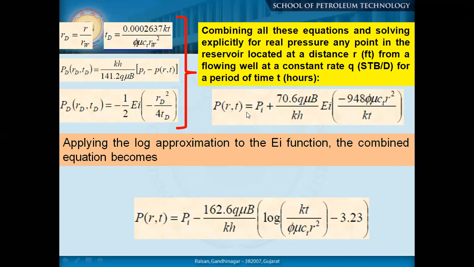So if you see this formulation, this is the basic formulation for solving our well test analysis. P is the pressure at any specific time, Pi is the initial pressure, and all the parameters you know except this Ei, which is the exponential integral. So applying the log approximation, I discussed that when the x value is less than 0.01, at that time we use the log approximation. So this is what we use for the log approximation: P(r,t) is Pi minus all this formulation. So these are the formulations actually used for interpreting our well test.